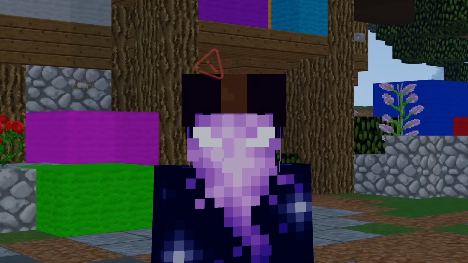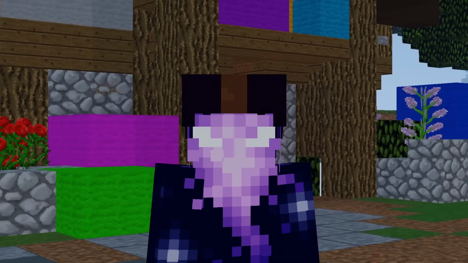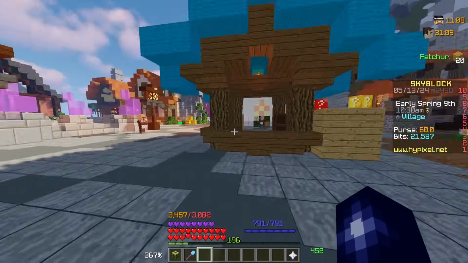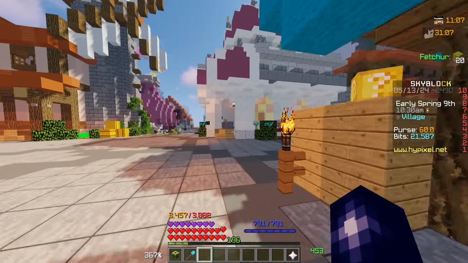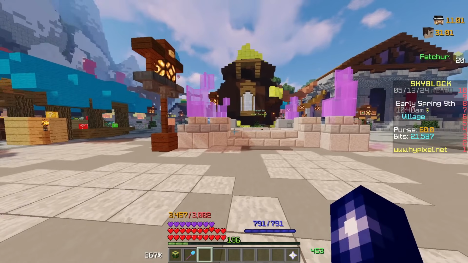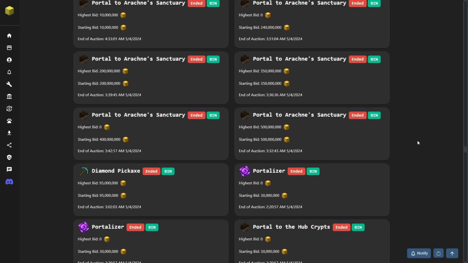I just want to make it clear again that I would not try this because I just think it is a little bit too dodgy. But at the same time, a normal person is not going to look at a travel scroll to the Howling Cave and think, oh, 100 mil's a good deal. And it literally is exclusively macros who end up buying these items for a ridiculously high price.